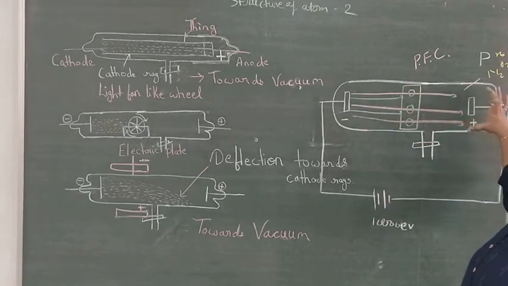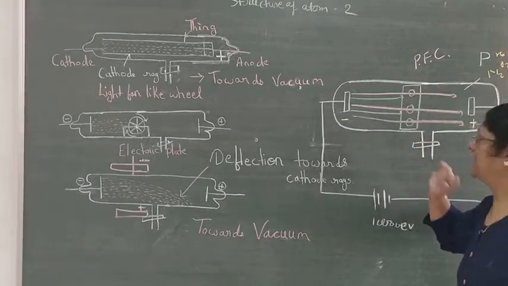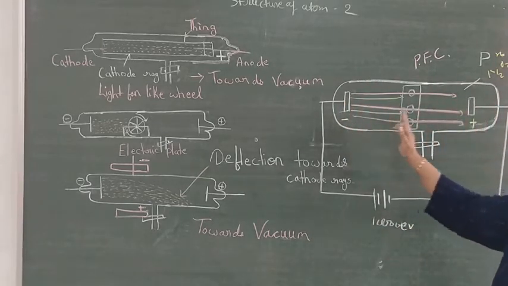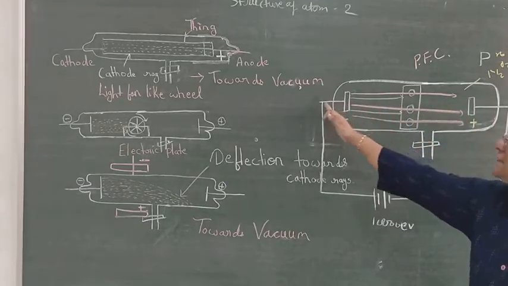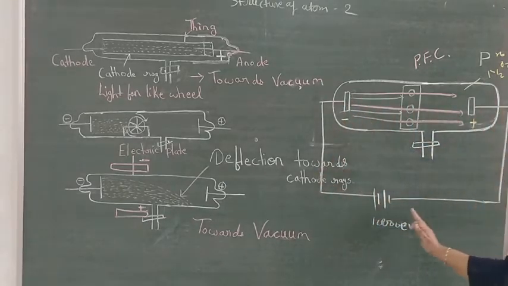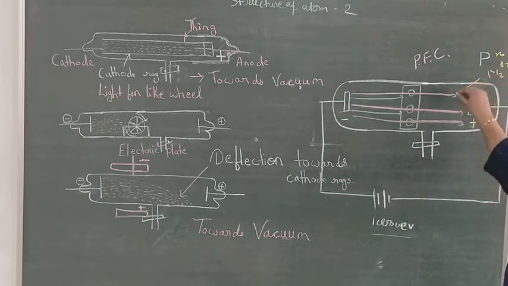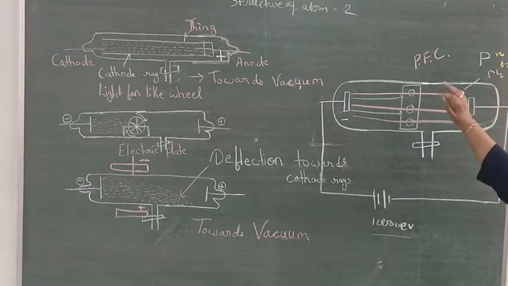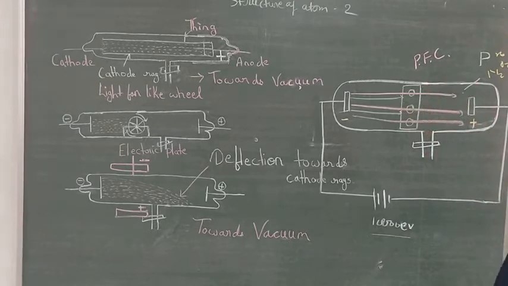They again took a discharge tube. In that discharge tube, two electrodes are fitted. One is cathode, another is anode. This is connected with the outer circuit with 10,000 electron volt of electricity. Inside that discharge tube, which is made up of Crookes glass, we can take any gas, that is nitrogen, oxygen, hydrogen. Normally they have taken hydrogen, and we are using a perforated cathode.